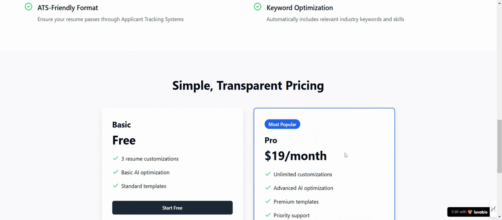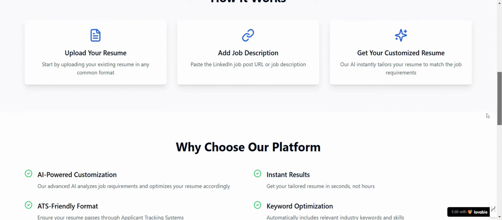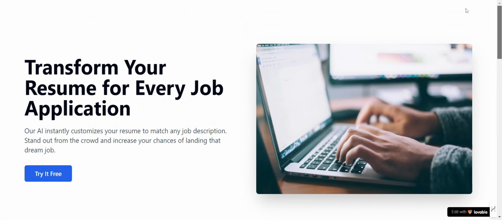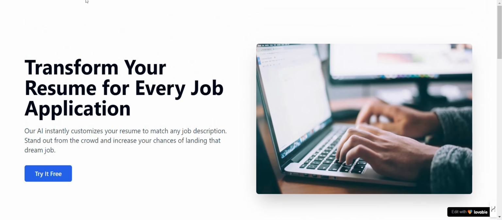So I will tell you how to monetize it as well. That's the whole goal in the end, to deploy this and try to monetize it. So yeah, it's fairly good. I mean, it's not exactly what I'm looking for, but it's a good start, right? So we have a landing page, right? Okay, let's go back to